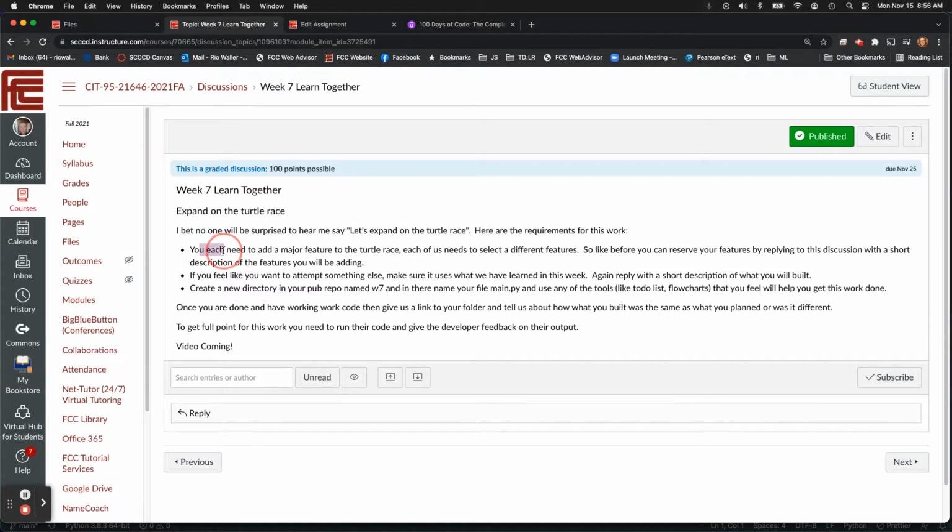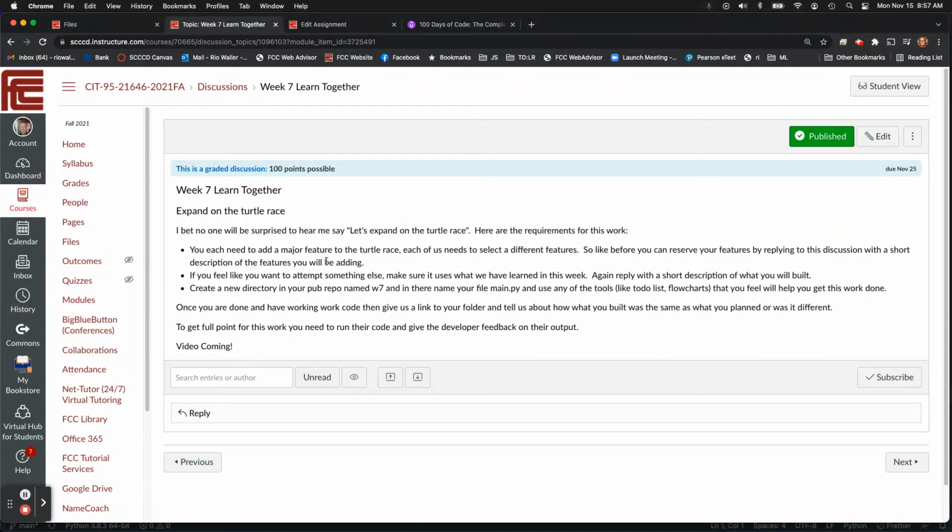So add a major feature to this. One of the things I could definitely see is asking for who's playing, a name, and maybe giving the ability to have multiple users play and bet on a particular turtle, keep track of bets, and how much money you have in your betting account. That might be too elaborate, but something along those lines would be a major feature. One thing I thought would be kind of fun is to make the turtles randomly turn in a particular direction, and then if they run into another turtle, it actually increases their strength. I thought that would be fun.